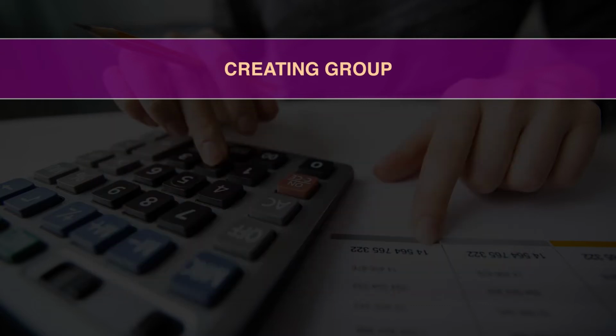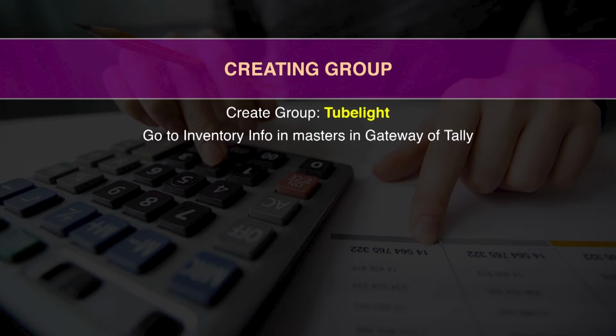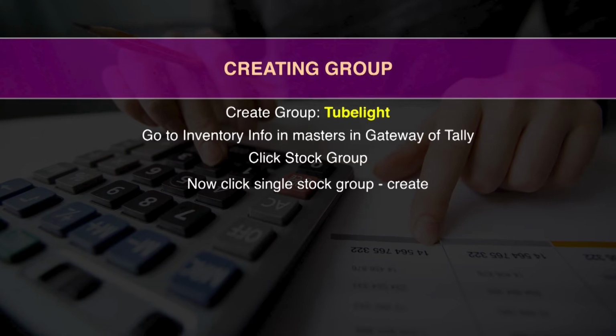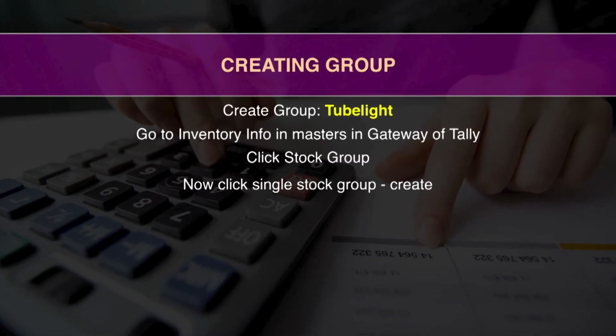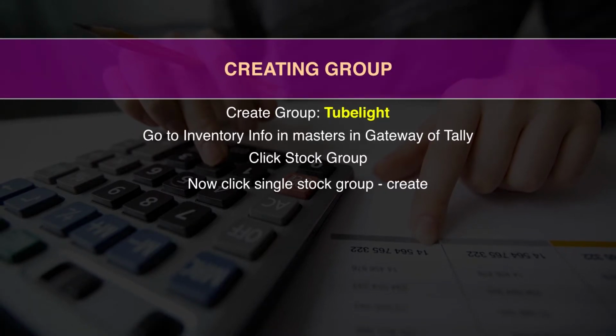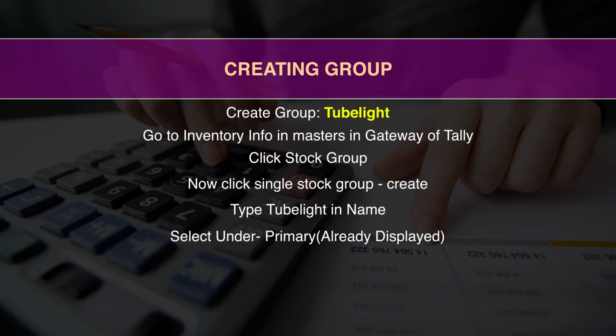Now let us create the second group. Second group is tube light. Now tube light will be created by going inventory info in the masters, then click on stock group. Within stock group, click on single stock group, then click create. Within create option, you will again have a screen which will ask for the name. So name of the group is tube light. It will be again created under primary, which is already displayed, and please change should quantities of items be added